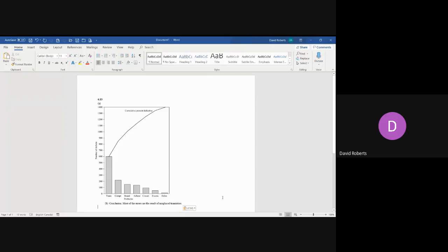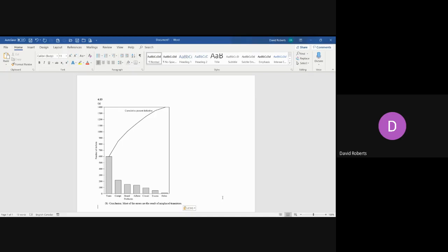Chapter 6, problem number 13. You are given a list of defects. You're also given the frequencies, which you would perhaps get from your check sheet. And what you need to do is sort this from the most frequent defect to the least frequent defect using